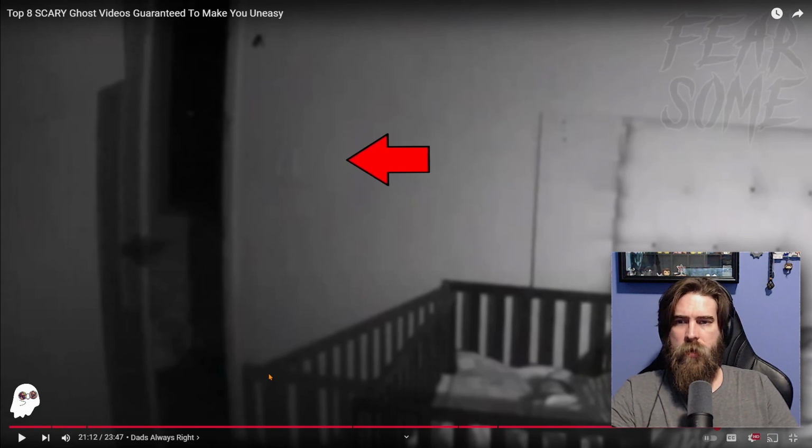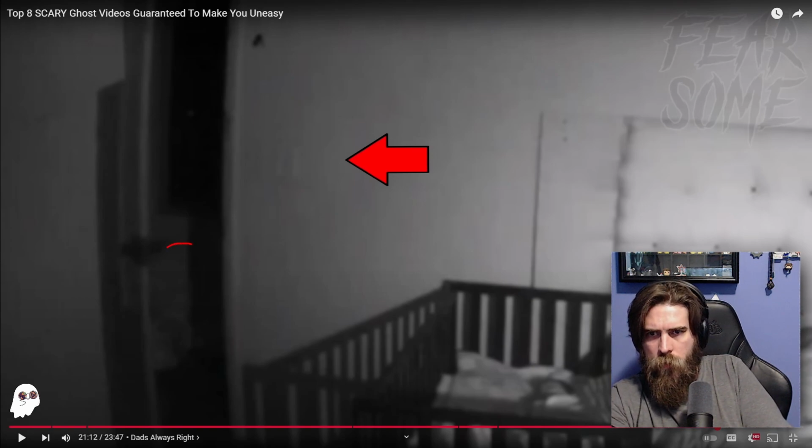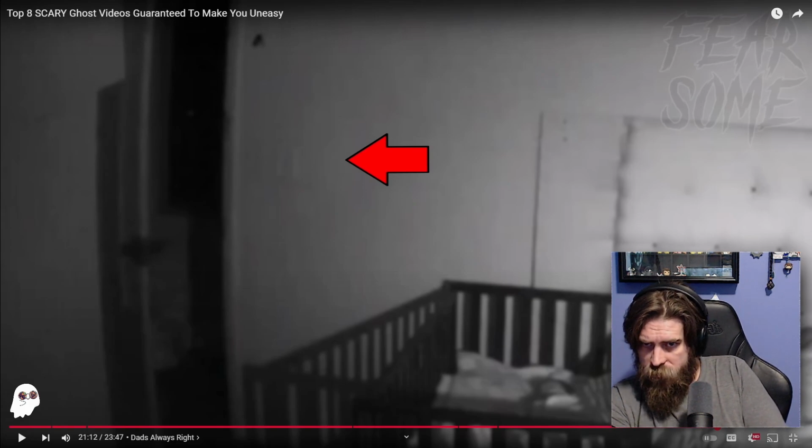There's a string tied around the door handle. There's a string right here. You can see it right all along here. Can't see it on that monitor. Definitely can't see it on that monitor. But I can see it on this one.